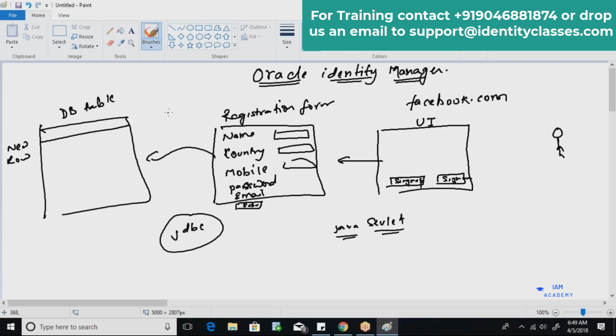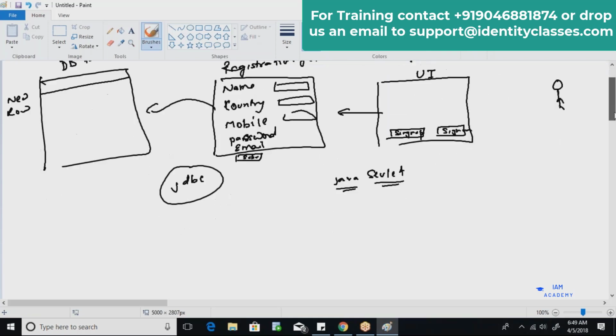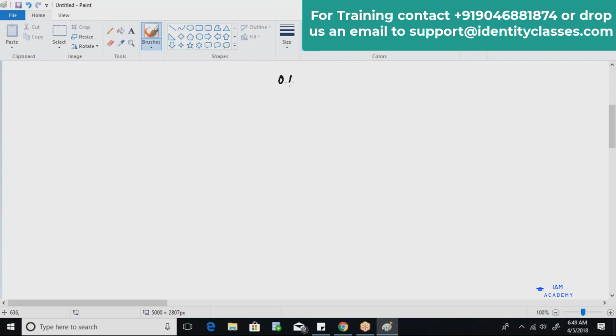Now let's say the application team wants to onboard this particular application to OIM. They want the entire application to be managed via OIM. When they have decided to manage this via OIM, there are lots of benefits which we already discussed yesterday, but the moment we want this application to be onboarded to OIM, there are a few different steps which we need to follow.